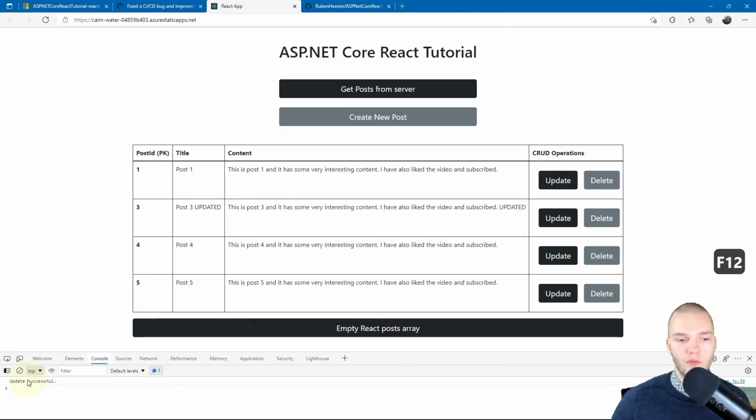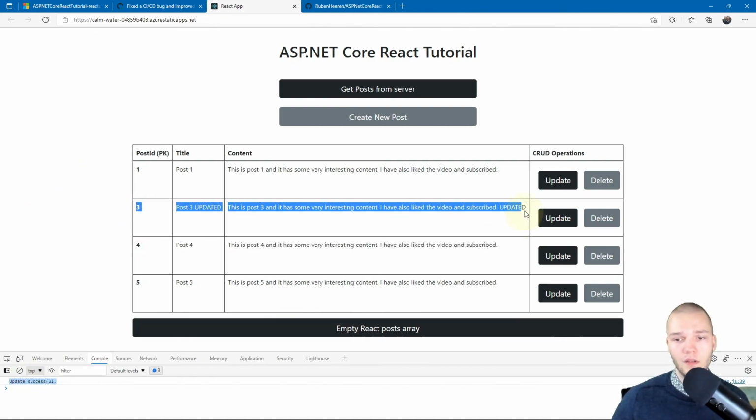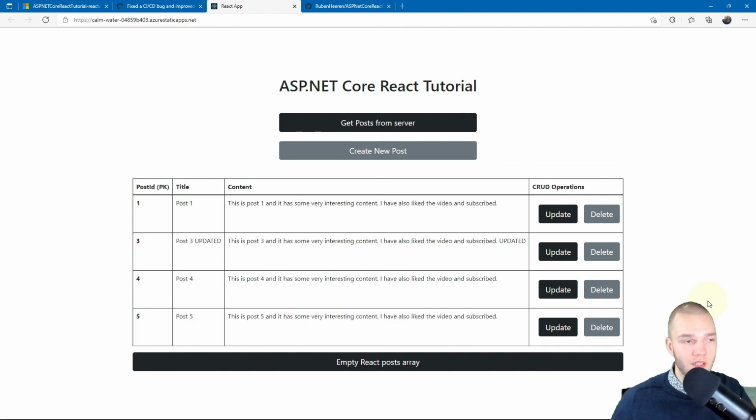Go to F2, we see update successful, and also here in the table we see that the post has been updated. Yay. Nice, so everything works. There you go. There's an example of how you can connect a React app with an ASP.NET Web API and have it up and running in the Microsoft Azure cloud.